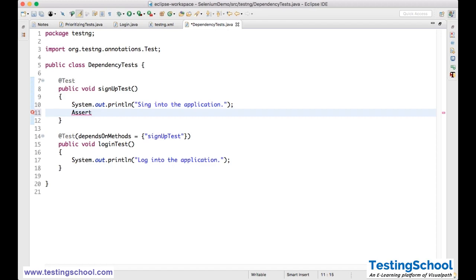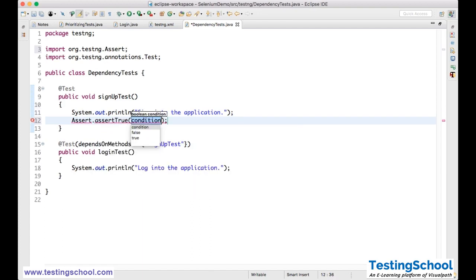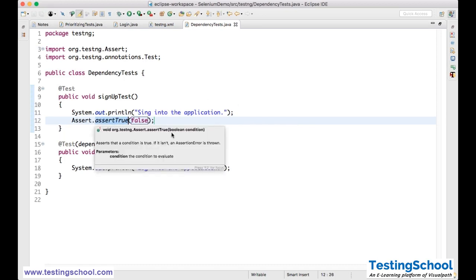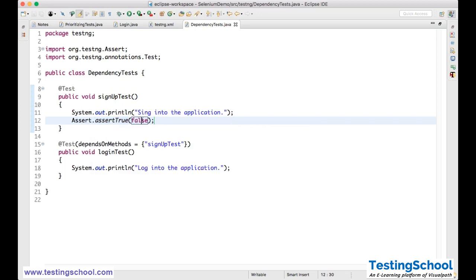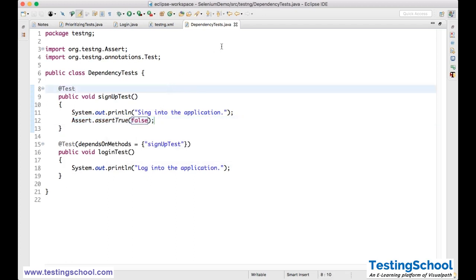We'll see that in a moment, but at present what I'll do, assertTrue, inside that I'll mention false. So assertTrue means it will accept some boolean condition and it is expecting true, but I'm giving false. Because of that reason it will fail. Okay, that we'll see, but here I'm failing this test case intentionally. So now when I execute this,